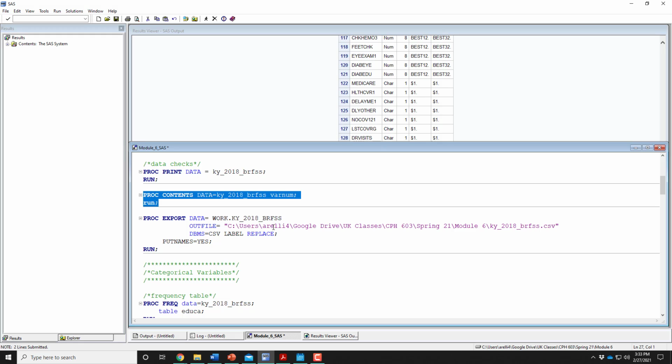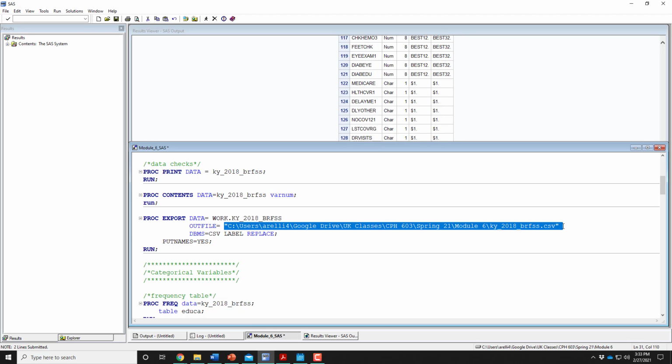All right, now the very last thing we're going to do. We've made this nice smaller data set, in this case, Kentucky 2018. Let's save that data set so we never have to do this step again. And so we're going to do that using proc export. So what it's doing is it's saying, okay, take that data set that we just created, out file, this is where you're going to tell SAS, this is where I want you to save this file